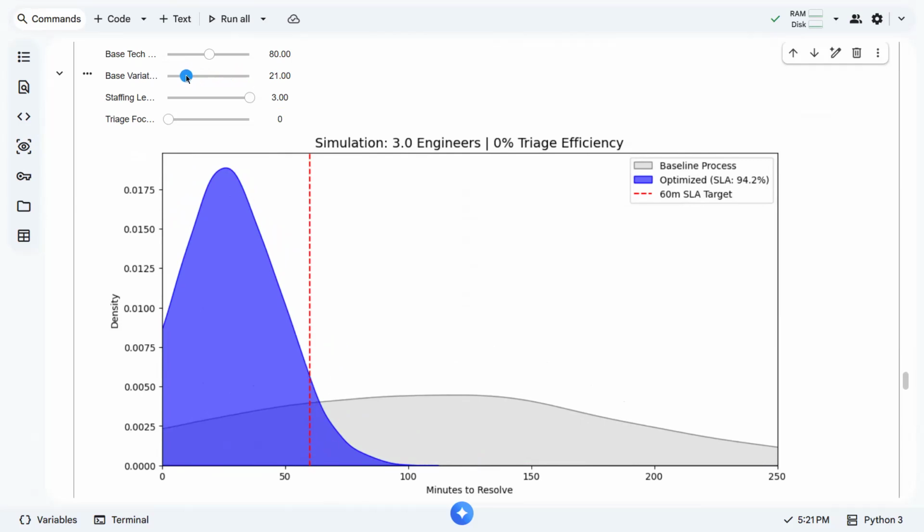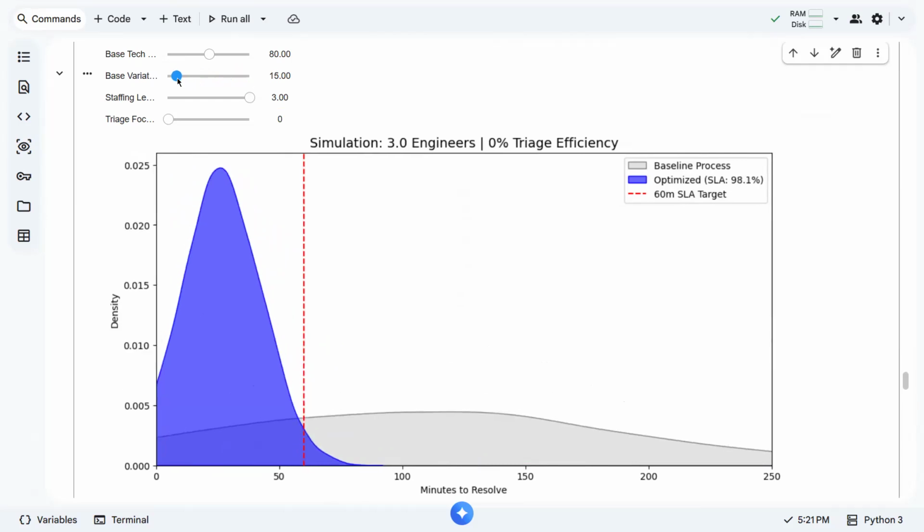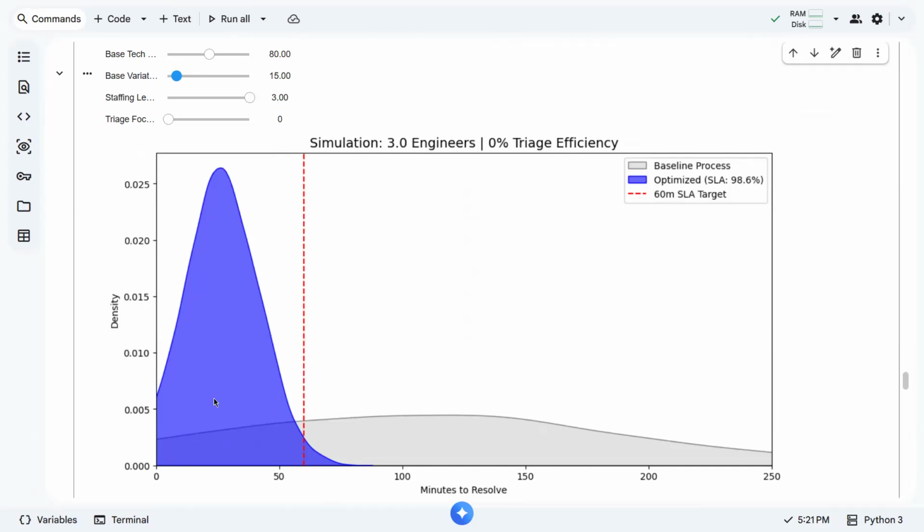So we can minimize it further depending on what efforts we do, like we train our engineers, we pursue consistent maintenance, and we add processes that can further improve the resolution times, like making use of AI tools and so on. So we look for solutions that will improve the variation.